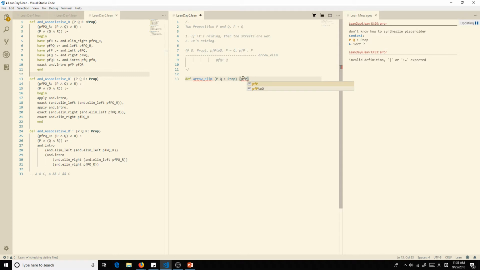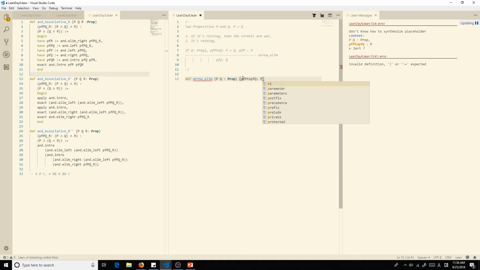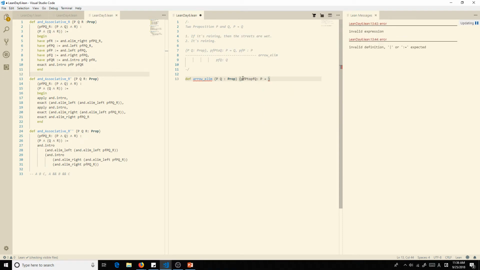So we have a proof of P to a proof of Q. And we're just going to put the exact same thing in here. If you want to get this little arrow, you do \R. There's a lot of things you can do. You can read it right here, \R. I don't really use just the arrow one because it doesn't convert it. Yeah, it doesn't convert it. I don't like that. Let's see what else we got.